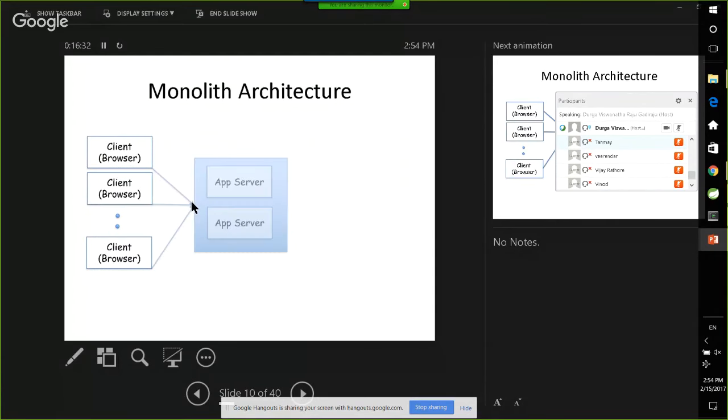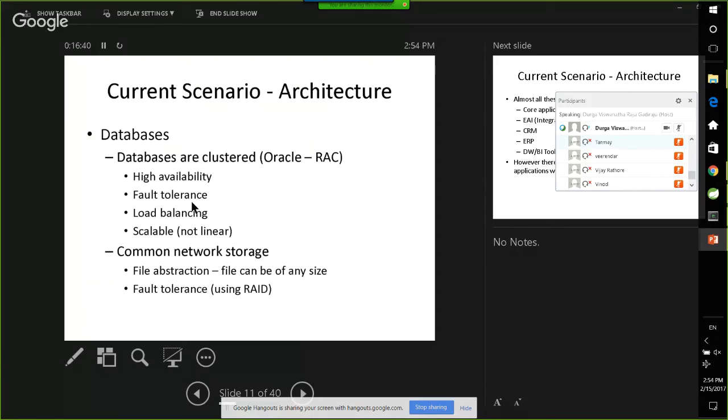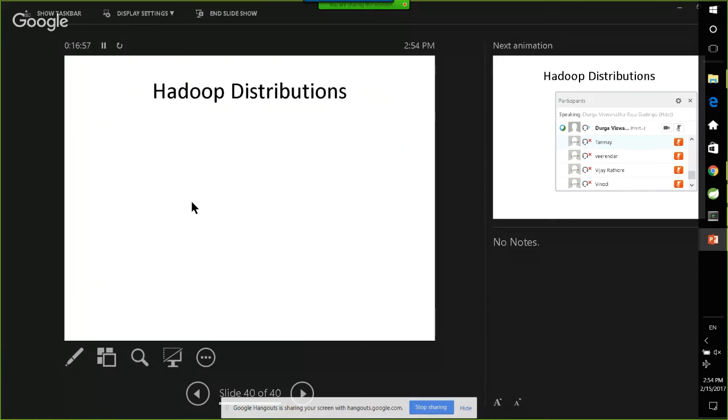So this is the monolith architecture which I have explained, and now I replace the database server with what I have explained just now. As of the current scenario, the traditional RDBMSs are typically clustered. It is called RAC in Oracle. The advantage of using a cluster is high availability. So even if one of the database servers goes down, there are still two database servers. For example, if you go back to this picture,